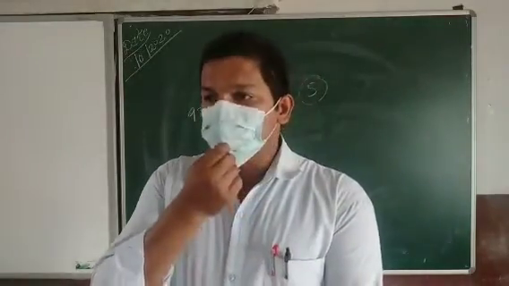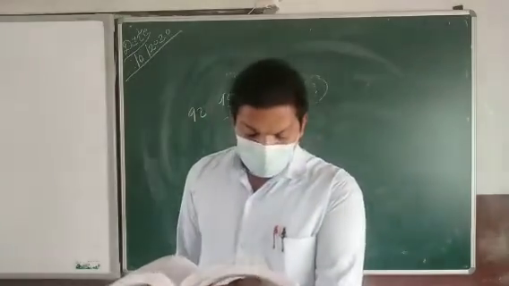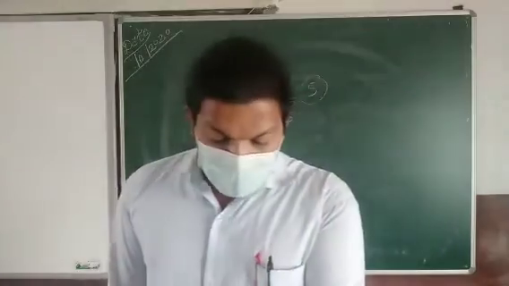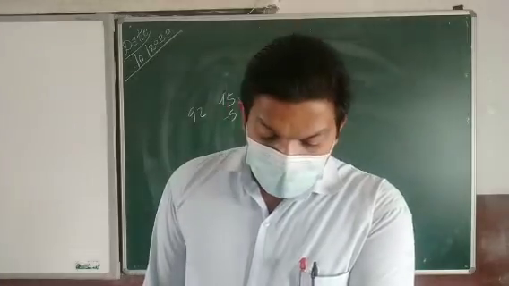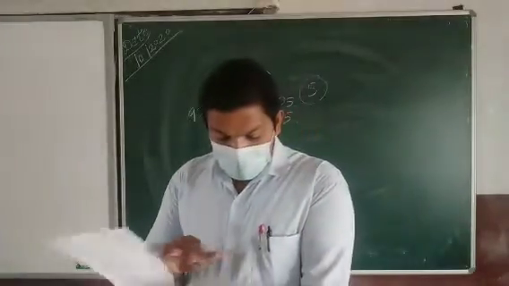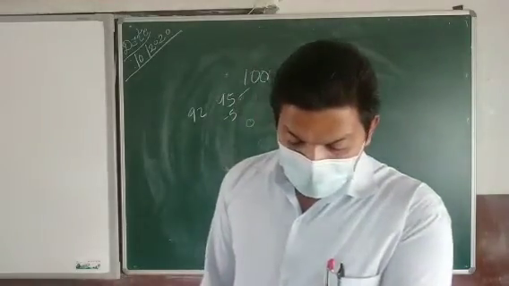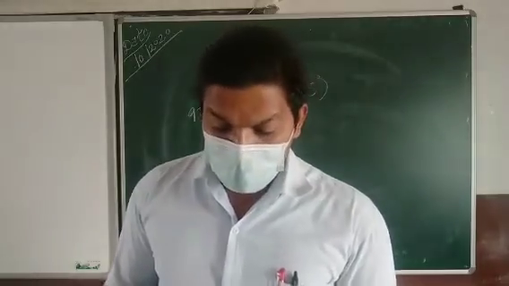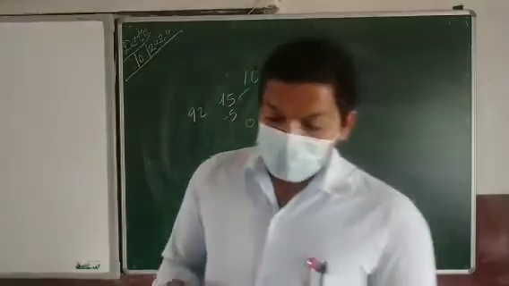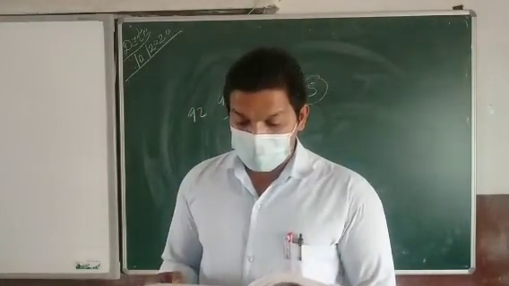Then the next rule is the principle of exception. According to this principle, a manager should take corrective action when there is exceptional deviation. By exceptional deviation we mean especially good or especially bad deviation. For example, if a company lays down a 3% increase in bad debts as an acceptable level, it means an increase in bad debts up to 3% should not be brought to the notice of the manager concerned.